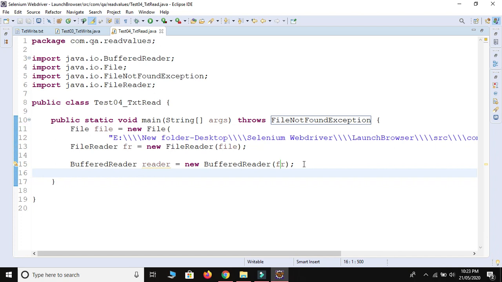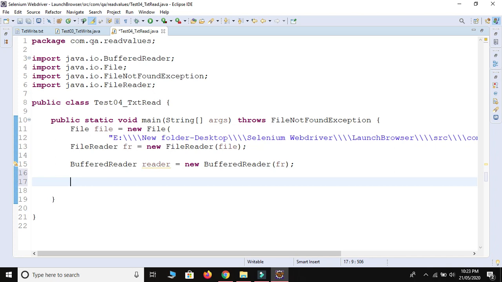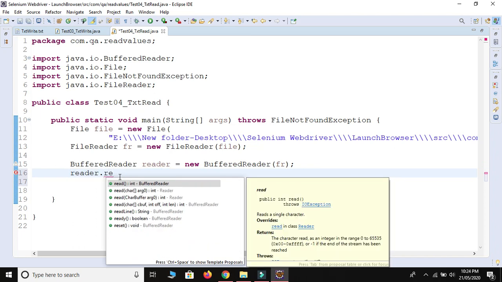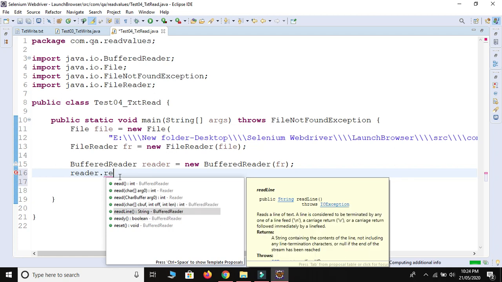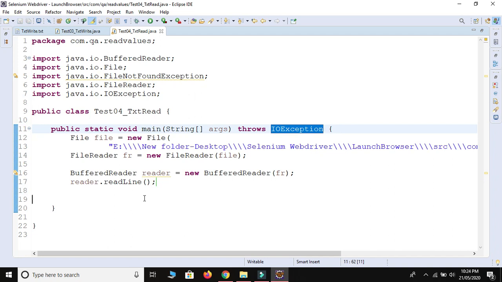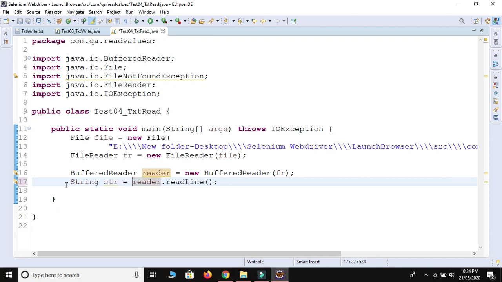Okay, now we have file, we are ready to read the data from the file. This class contains one method, read method is there. Okay, I will show you. Reader dot read method is there, or okay, read line means it will read the first line. Okay, and it will return some string value, I think. Let me throw. It will return string, so I will store inside this string, str is equal to read line. Control Shift F and Control save.